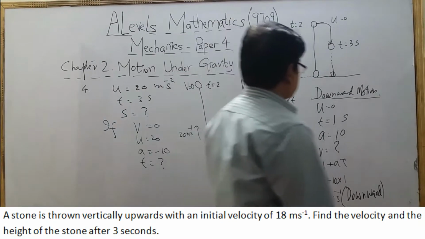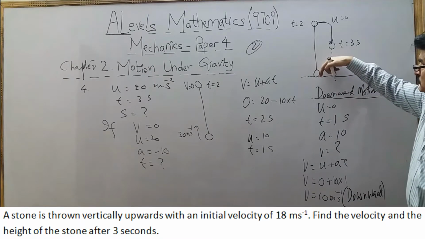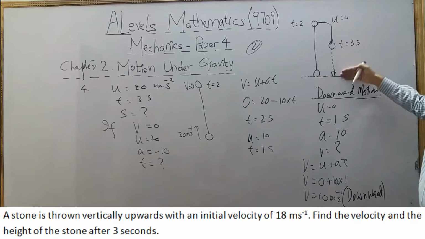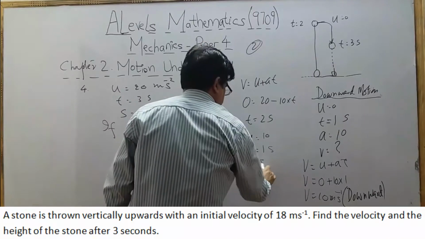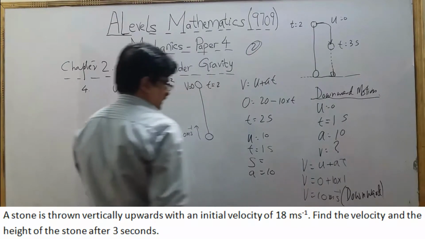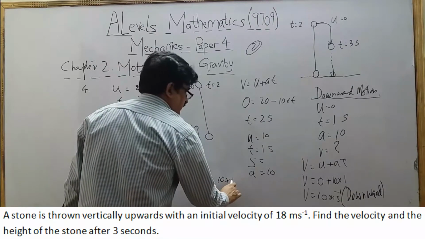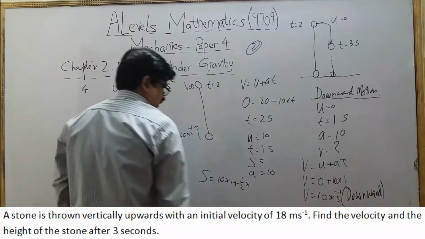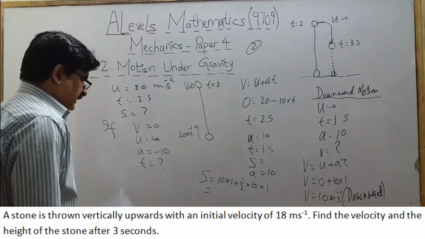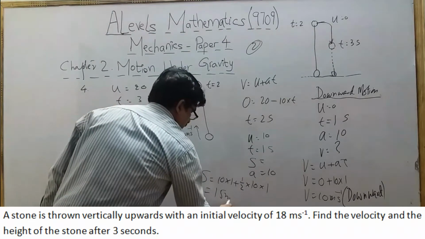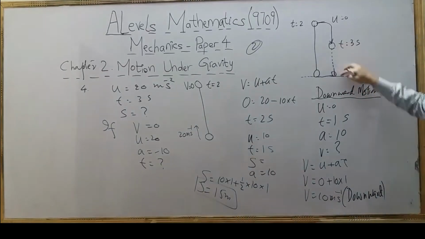Because I have told you that if it takes 2 seconds going to the highest point, it takes the same time coming down. So 1 second is gone, so 1 second is left. So we know the time, we have to find s, acceleration is 10. Now applying the formula, s is equal to ut plus half a t square, and we will find the answer is 15 meter. So this distance from this point to this point will be 15 meter.